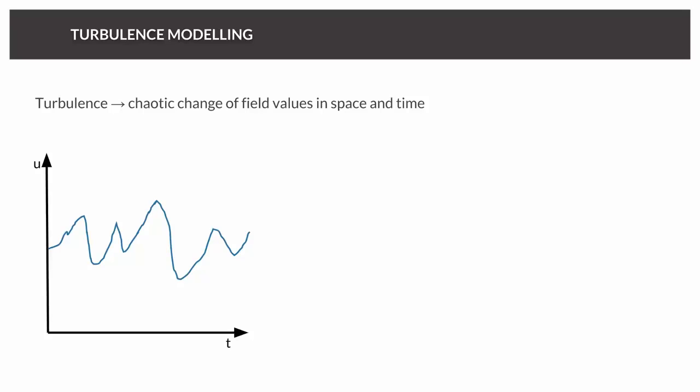So flow becomes turbulent if the Reynolds number is too high, and the Reynolds number is the ratio between the viscous and other forces. And if you now take a look at the graph on the left side, let's say this is representing the velocity value somewhere around our car. And we are driving in a perfect wind tunnel with a perfect constant airflow. If we measure it, we will see that this value is fluctuating all the time. And this is a big problem,